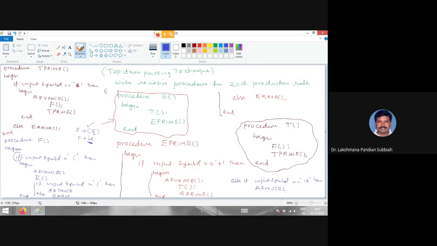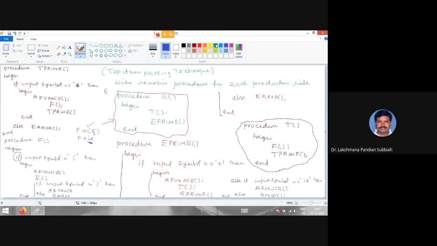If that symbol also is not there, else error. So you have to call the function called error, right? Then you have to make end, right? So here this is this begin end, right?